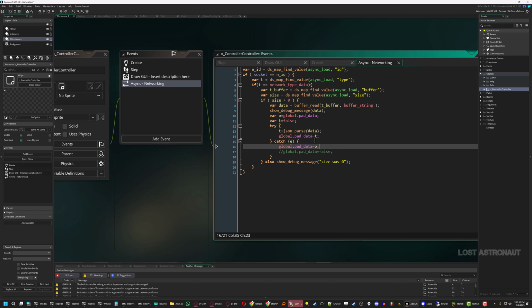So now it only sets pad data equal to the new data in the event that new data arrived and could be de-JSONified. So otherwise it just sets it to the old data. So O is set to pad data, and then in the event of failure, pad data is reset back to its old value. And for that reason, you may need to check against frame,